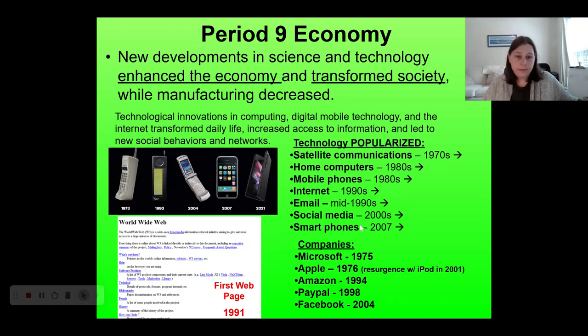Other things worth knowing about the economic impact here is that a lot of these technology companies become the new monopolies, right? If you go all the way back to when we talked about the Gilded Age, we have these new business structures with robber barons and pools and trusts and monopolies that are really dominating the economy. This Period 9 version of that is these tech companies, which can become very dominant in American society and in the economy as well.